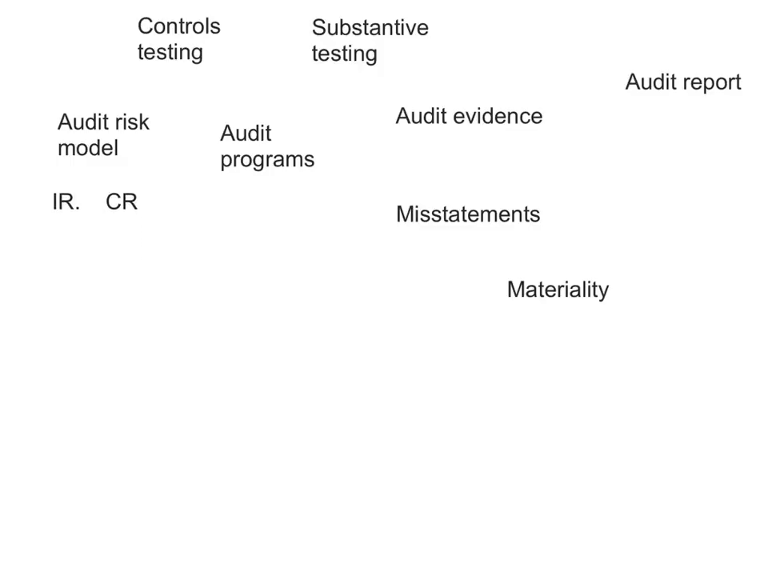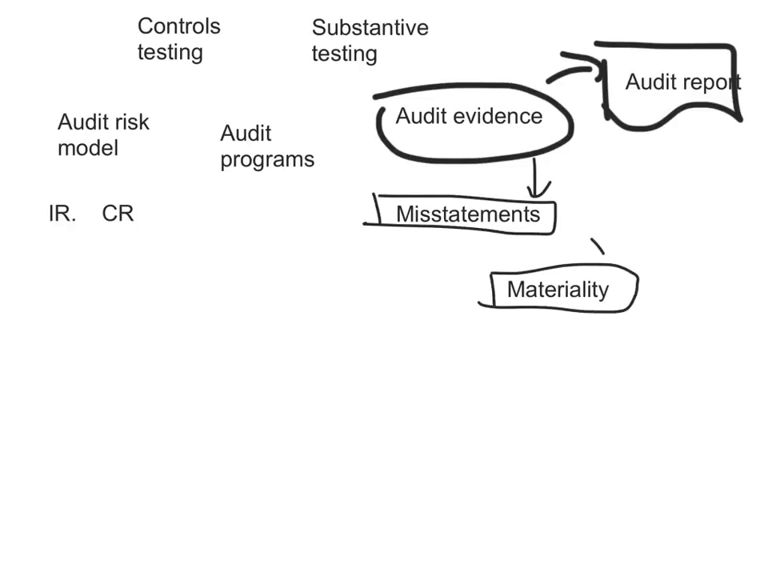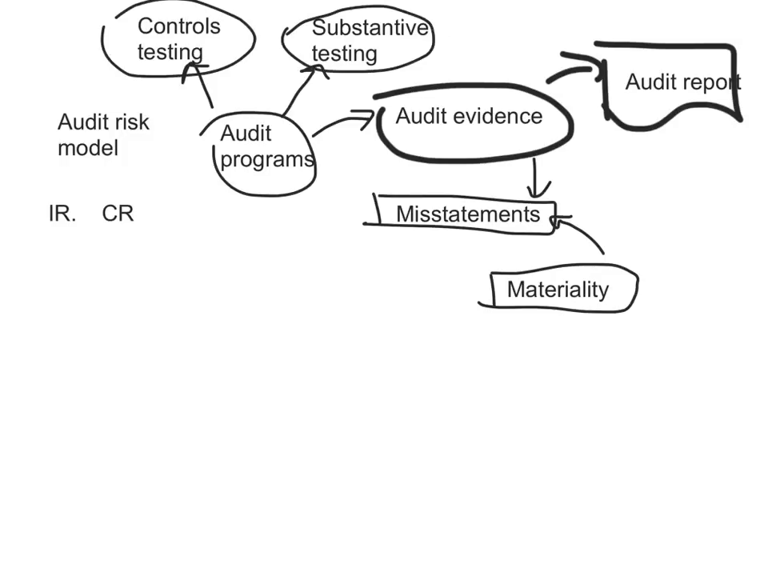I won't write the full names there. Okay, so let's draw some arrows so far on where we are. Audit report is the output. We have audit evidence. I might make that arrow a bit smaller. Our evidence, we're looking for misstatements, but we're only looking for the material ones. The evidence comes from our audit program, and our programs could be testing controls or substantive testing. That's driven by our audit risk model,